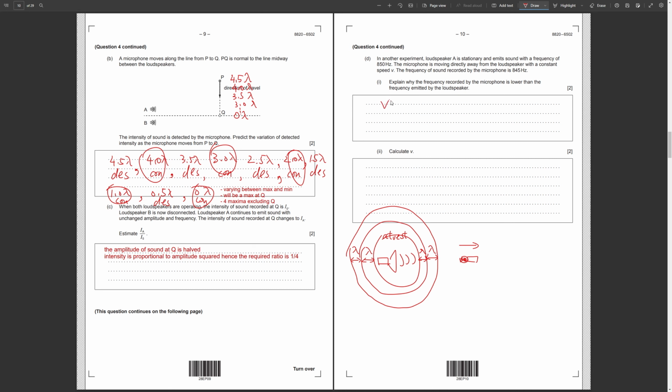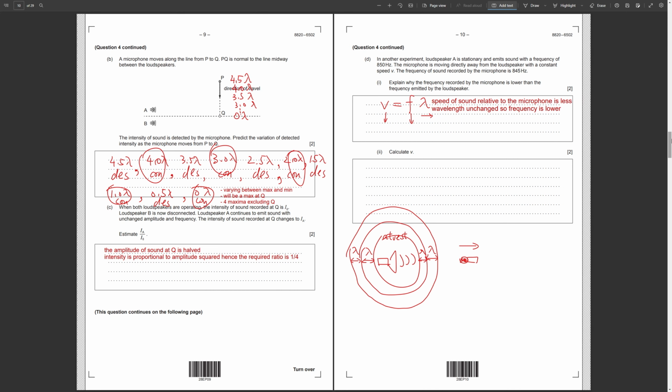Then let's have this equation in our mind, starting with the wavelength being unchanged. But the relative speed of the wave is now slower as the microphone is moving away as well. Therefore, the observed frequency, or the apparent frequency, should be reduced. And our explanation should go in the following way, not in algebra. The speed of the sound relative to the microphone is less, therefore the wavelength remains unchanged and the frequency